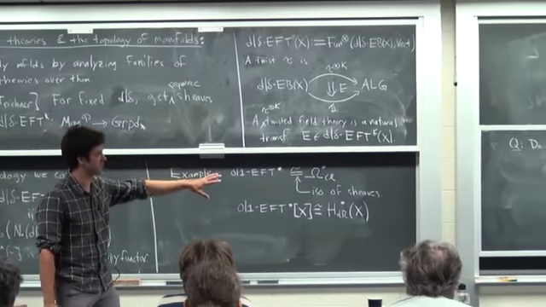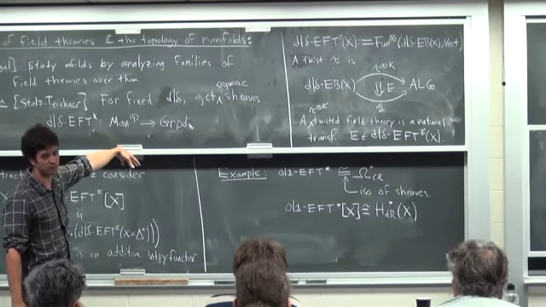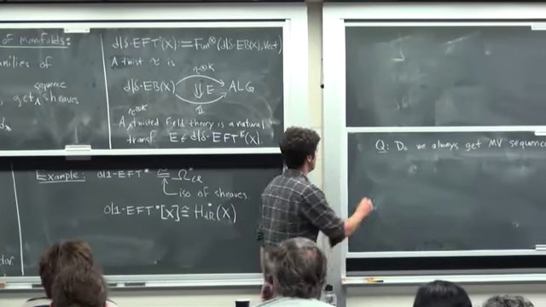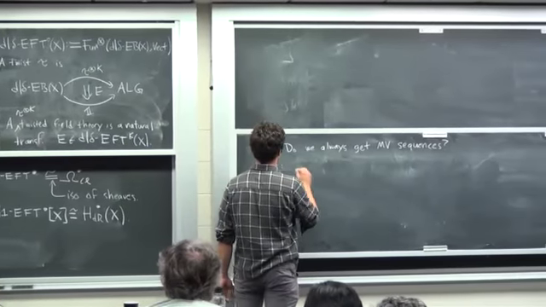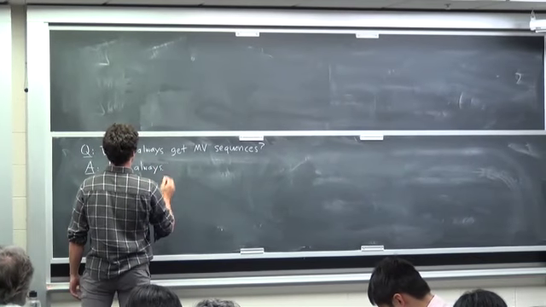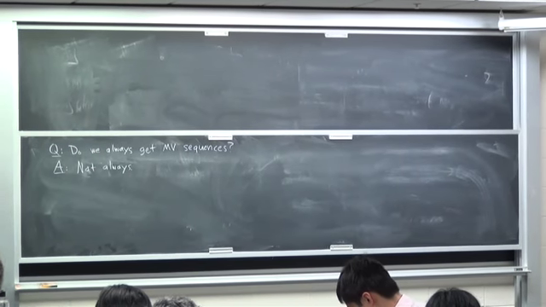But really, the right question is, can we equip the sequence of functors with the data of a connecting homomorphism such that we get Mayer-Vietoris sequences? But even then, the answer is not always. It's very interesting to figure out when you can. That's the content of the mainline Stolz-Teichner program.